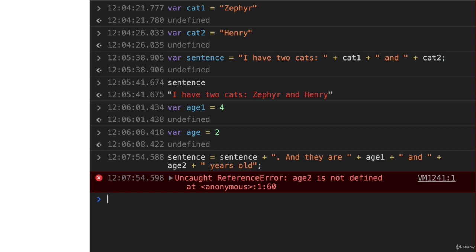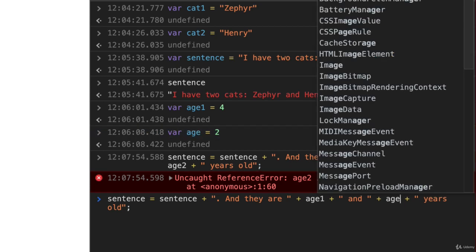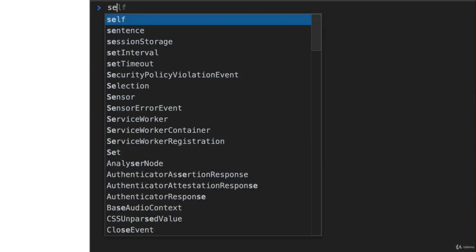And cool, you were probably screaming at the screen saying, Caleb, age2 does not exist. It is called age1. You can see that here. I didn't call it age2, I just called it age. And so let's go ahead and redo this. We could also just define a variable called age2 and this would fix it. But let's go ahead and change this to age2. And there we go. And so now it says, I have two cats, Zephyr and Henry, and they are 4 and 2 years old. And so if I go ahead and clear this and type sentence again,